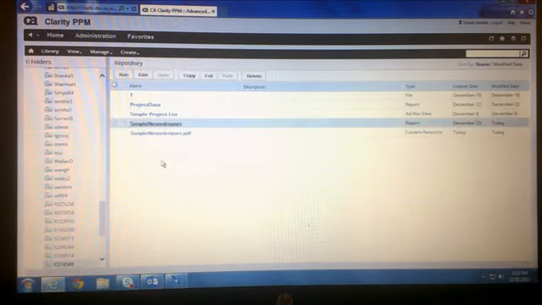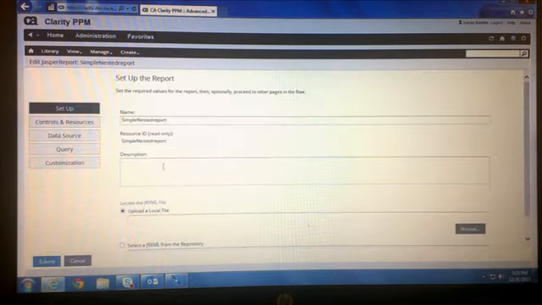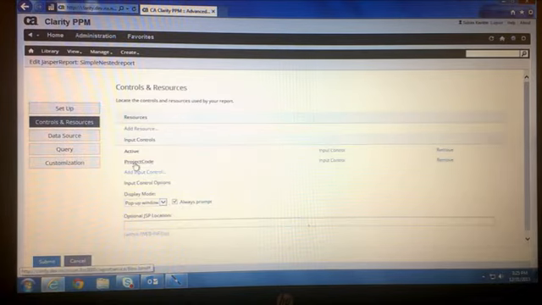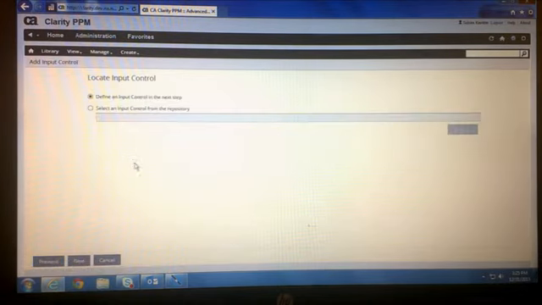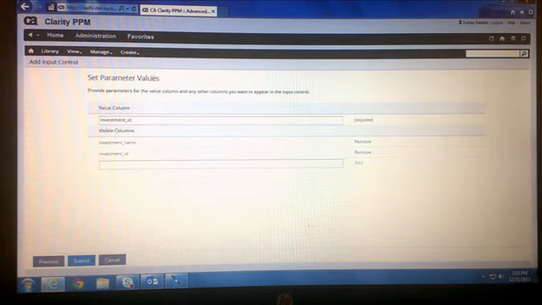Let's go back to the report again, and once you provide the query on the second screen, it asks you which are the columns that you want the user to see on the drop down. Once the query is provided, the next screen is set parameter values.